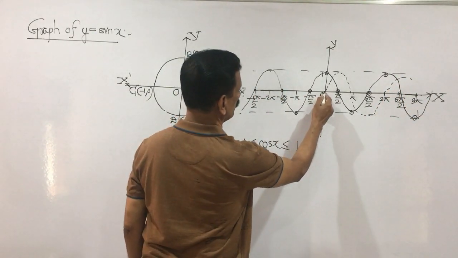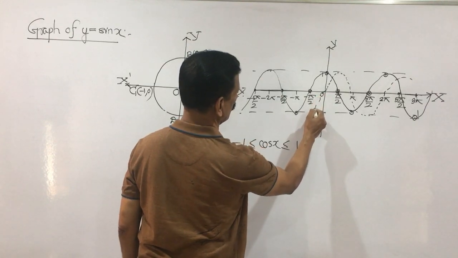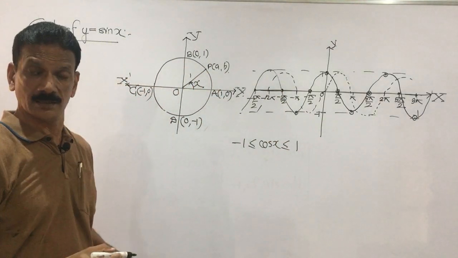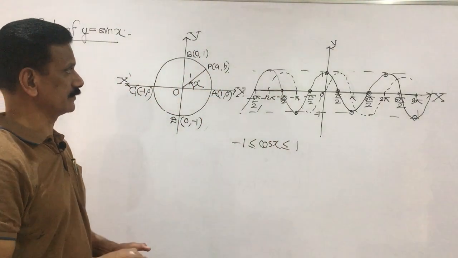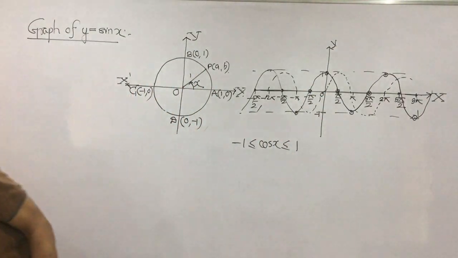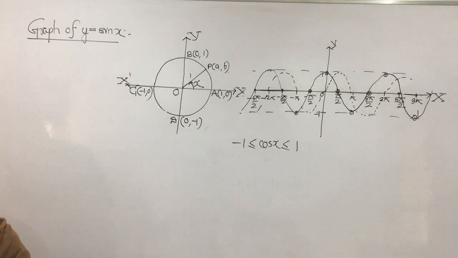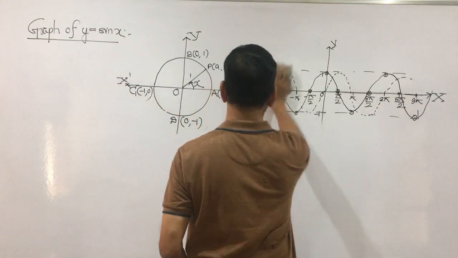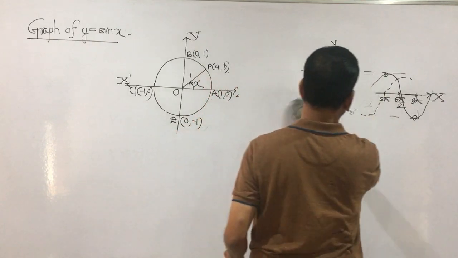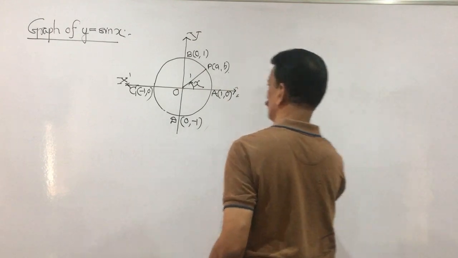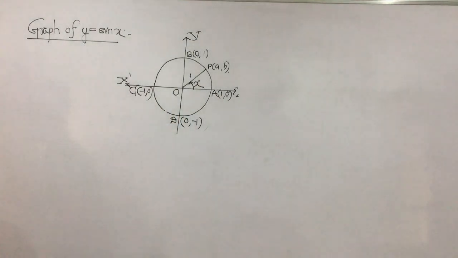It comes here, at 0 it becomes, here it is, this is the graph. So the dotted lines, that is the difference. Sine passes through the origin, and cos x doesn't pass through the origin. This is the graph of sin x. After that, I am taking the next one, cos. Cos we have taken, sin we have taken. Now I will take finally tan, and the remaining you can see in the book, and if it is necessary, I will explain that also.